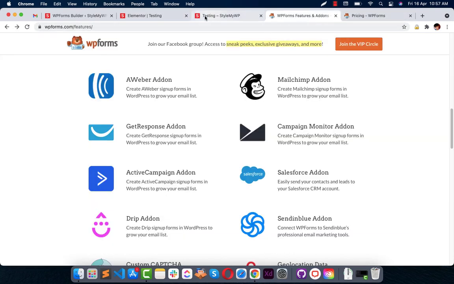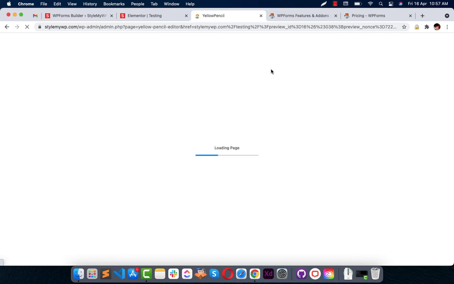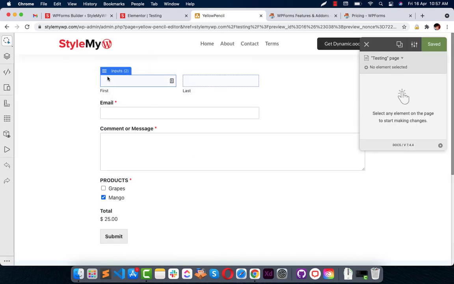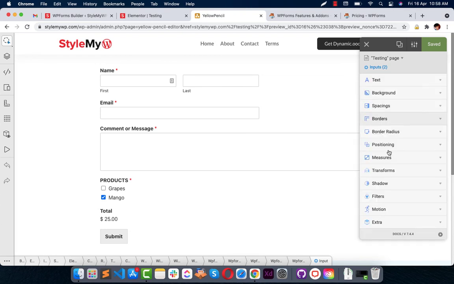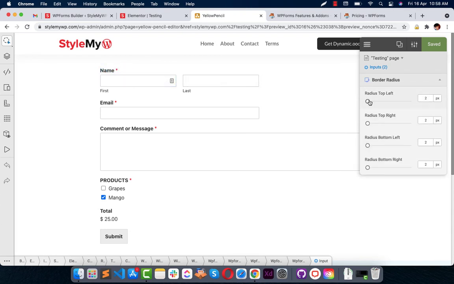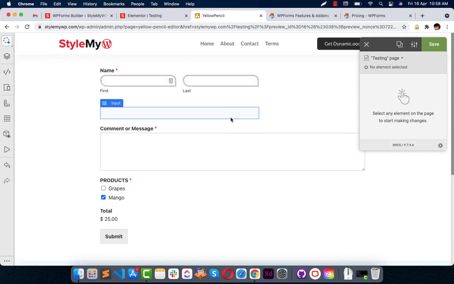You can customize its styling by just installing the Yellow Pencil plugin, that is a CSS editor in the front end. So just edit your page with Yellow Pencil, go to any field, go to borders, or go with border radius, and change it any way you want, right? You can change the border width, anything that you want. So when you are finished with the styling of your form this way with Yellow Pencil, there are a lot of customization options.